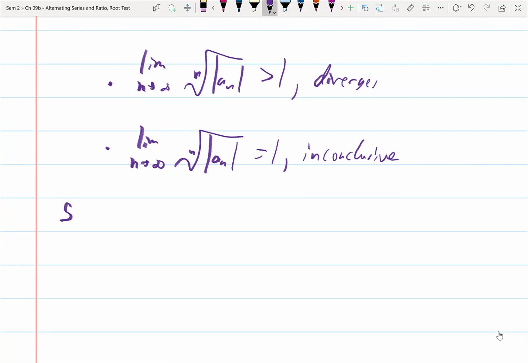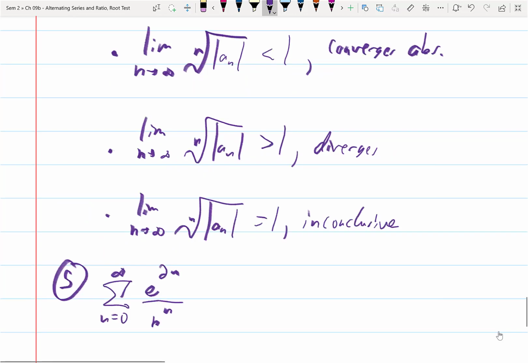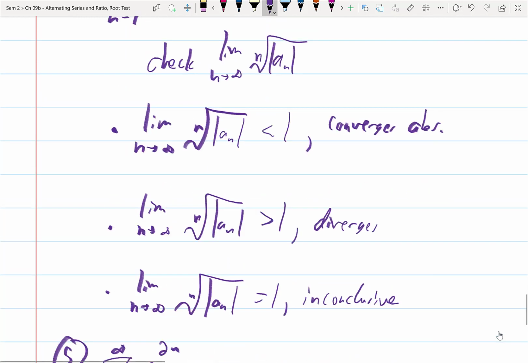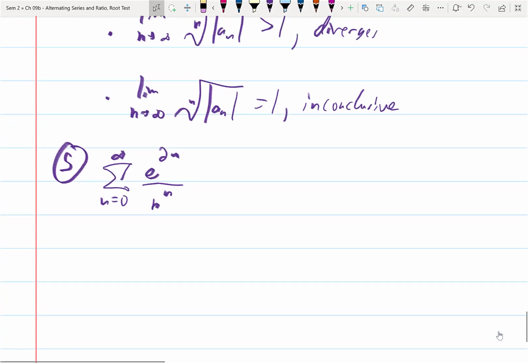So let's check this example. The sum from n equals 0 to infinity of e to the 2n over n to the n. The key for this is that the root test happens a lot when we have nth powers. So if you have nth powers, you want to use the nth root or the root test. So I'm going to check the limit as n approaches infinity of the nth root of e to the 2n over n to the n,